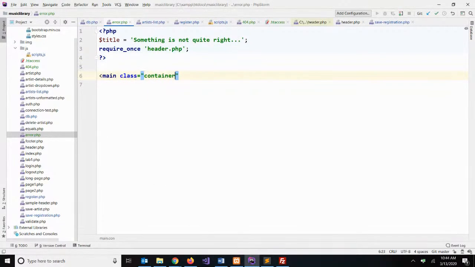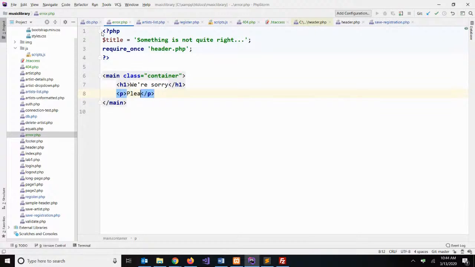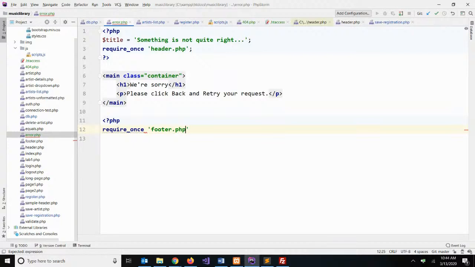We'll use the container, some padding. You can put in anything you want as content. We'll add the footer